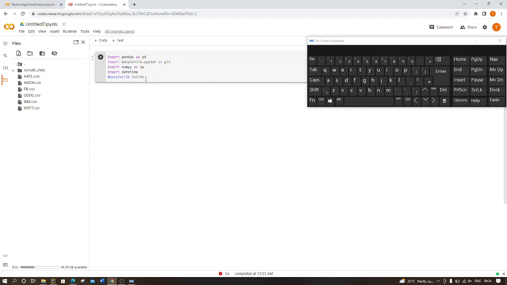So now here are the dependencies we installed that we're going to use. The first thing we're going to do is to try and visualize the data. Let's see how they look. So to view the data, we're going to read it using the pandas module. For example, the first one is Apple. Let's call it Apple